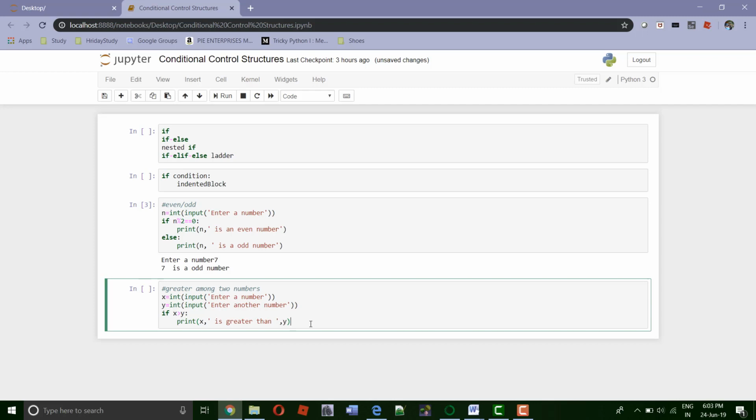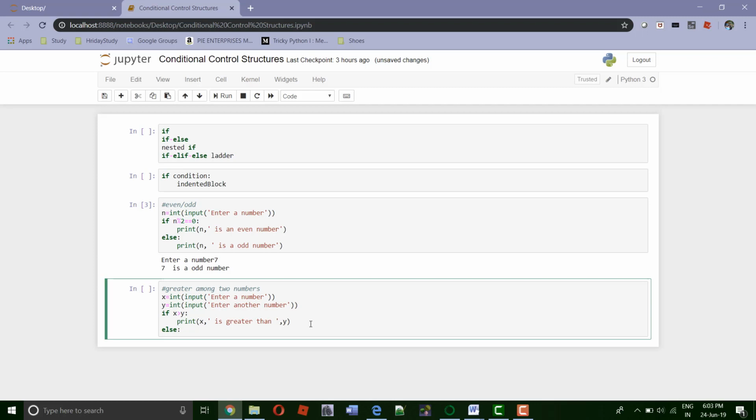We want to handle the scenario where the above condition is false, so for that we will give the else part as well. Else is not mandatory to be given with if, we can have a simple if statement as well. But when we want to deal with both the cases, when the condition is true and when the condition is false, then we can use else to handle the false scenario.